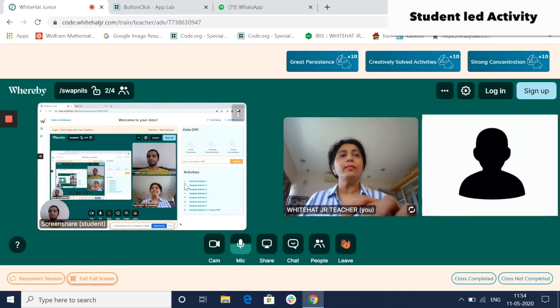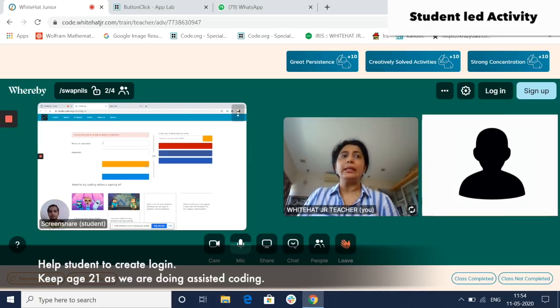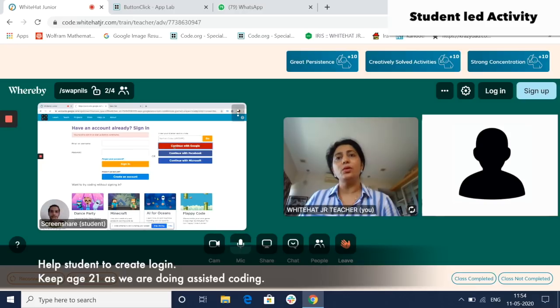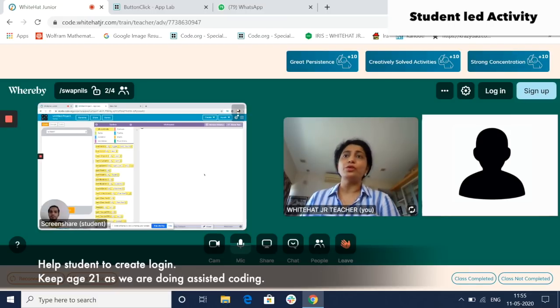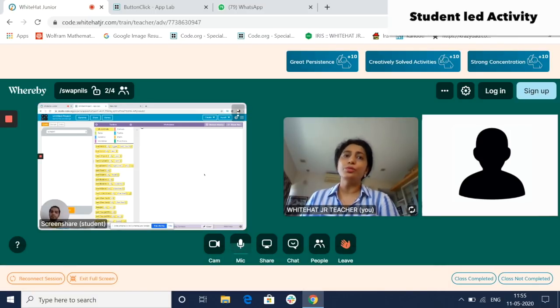Click on student activity 1. You need to sign in here. Yeah, please sign in with your Google or Facebook account. So it would be best if the parent can sign in using their Google or Microsoft account or even a Facebook account, and you create a quick login for the student. Now, when creating the login, it will prompt you for a type of login. In that, select student.